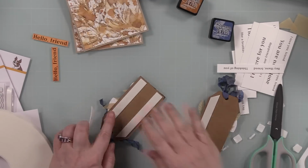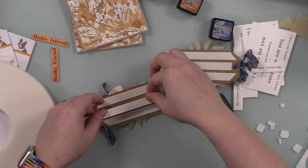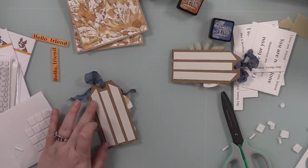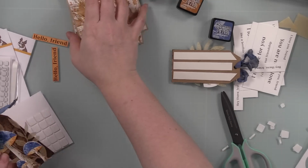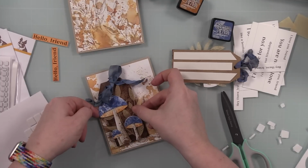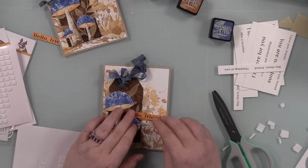And then after I adhered the little mushrooms, I put Simon's Big Mama foam tape on the back of the tags, because this is nice and thin foam tape. So it'll give it a tiny bit of dimension, and it kind of makes up for where the bump is at the top because of the ribbon. And it will also just adhere it really well to these card fronts. So I'd put the Big Mama foam tape on there, remove the backing, adhered the tags to my card fronts,